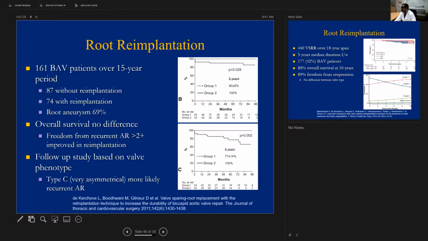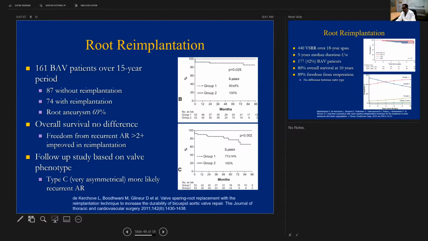And they found that the valve-sparing root reimplantation offered better freedom from aortic reoperation and regurgitation compared to subcommissural annuloplasty. So this paper really changed the paradigm for those of us who do these repairs and reimplantations, to approach valve-sparing root reimplantation as a more primary technique